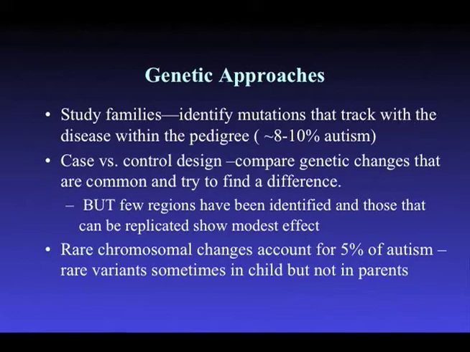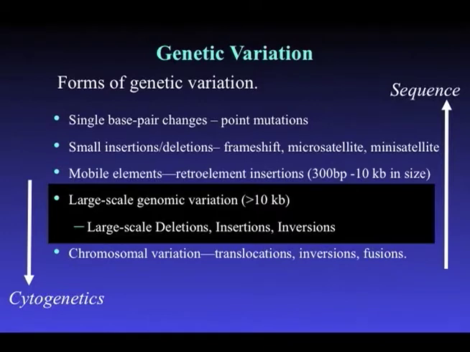So the other thing you need to think about when you think about any type of disease, and this is not restricted to autism, is what type of variation are you looking for? It not only matters in terms of the model of disease, whether it's familial or not familial, but also what type of mutation. And again, no matter what organism you study, whether it's a fly or C. elegans or a human, there is a wide spectrum of genetic variation, ranging from the very abundant single base pair changes in your genetic code, all the way up to these large chromosomal rearrangement events that we can see under a microscope.